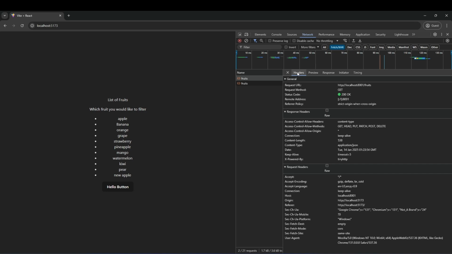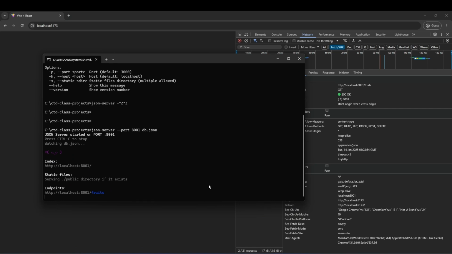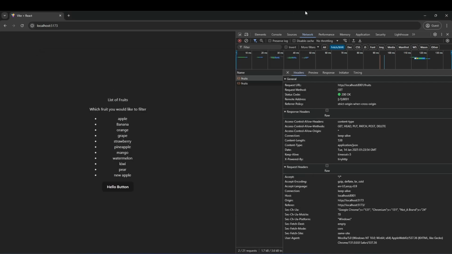But before that, let's look at quite a neat little trick of how to show certain elements on the screen conditionally. So we are displaying the list of fruits here, but what if the list of fruits were not available? How we can simulate that is just bringing our database and our APIs down. So let's do that. Let's close our APIs real quick, and from now let's refresh our page,